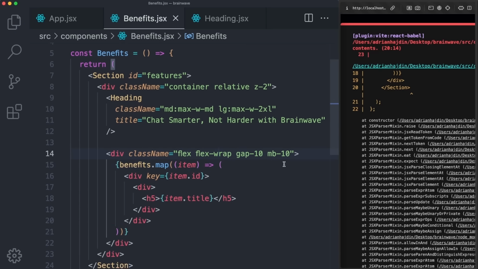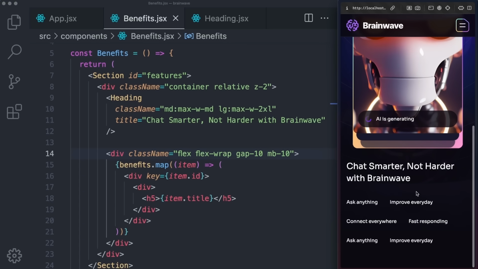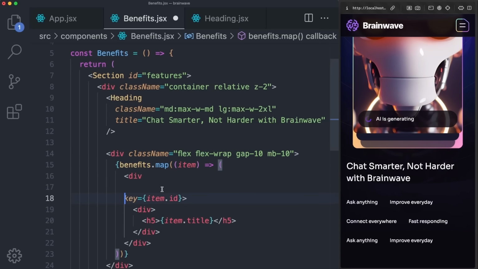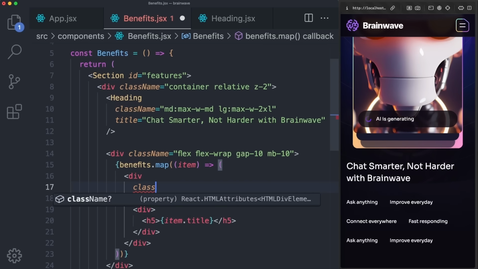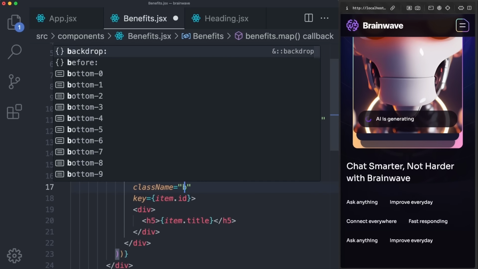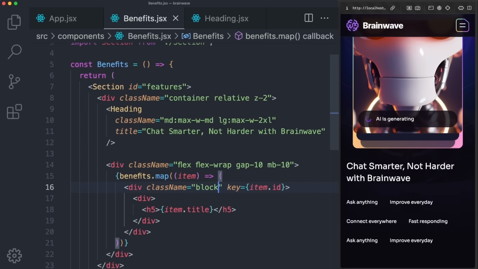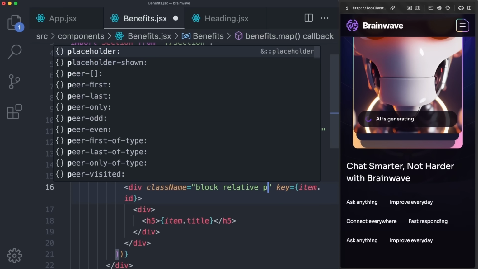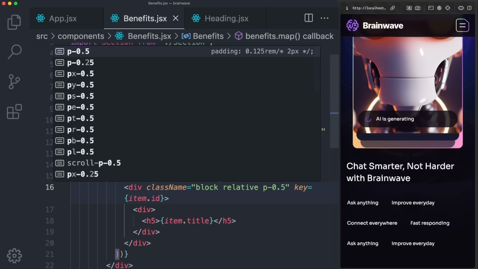So now if we save this and scroll down, you can notice that we have 5 or 6 different pieces of text. Each one of these is a card. Even though right now it's just a piece of text, we will create that card. And we can do that by giving a class name to this outermost div. This div will have a class name of block, so each element is a block, relative for relative positioning, padding of 0.5 to provide some spacing,